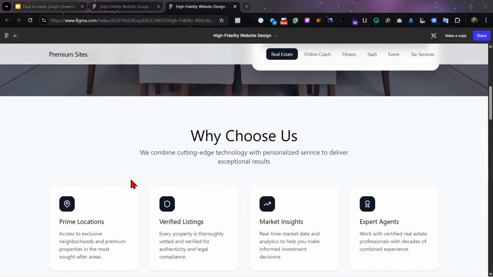So if you are building a landing page, it doesn't have to have so many sections. You can have like four, five, six sections. It does not have to be too much, but at the end of the day, it should be doing the purpose it's going to serve. So looking at here, if you come down,